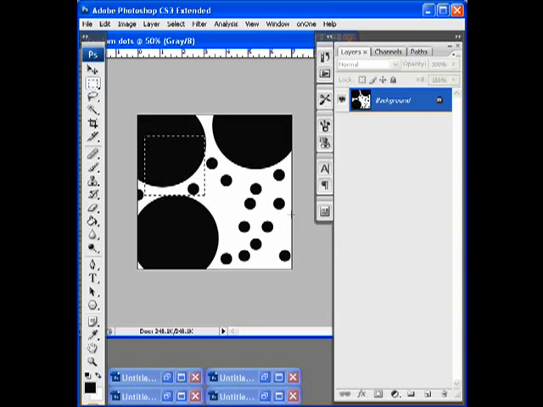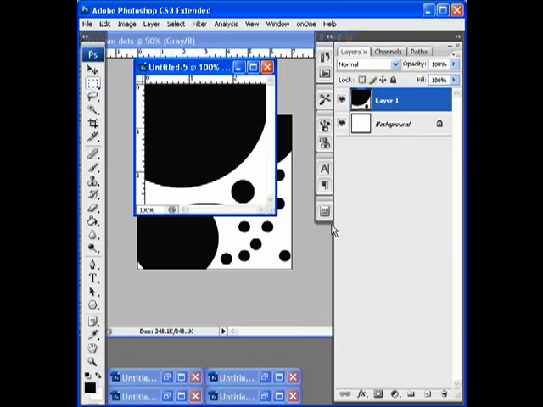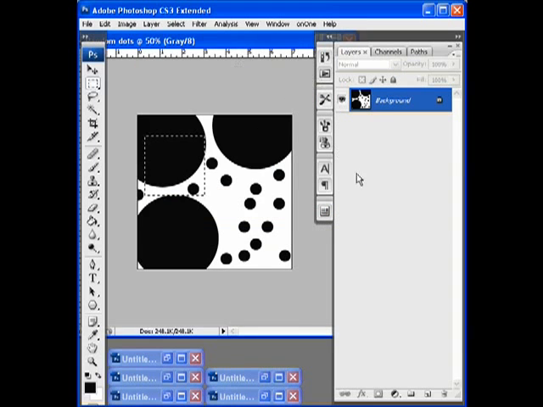Control C, Control N, OK, Control V, and Control E. Flatten it. So find about 6 perhaps designs,